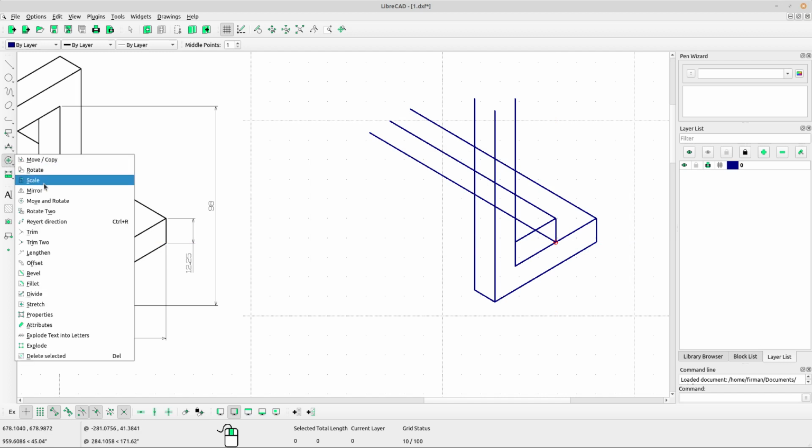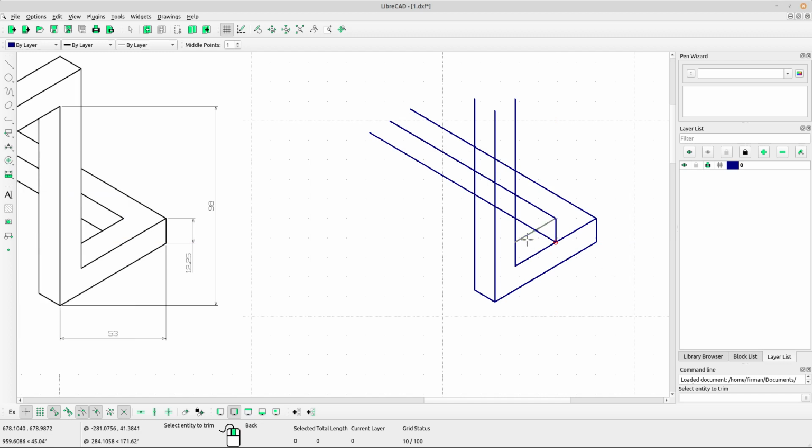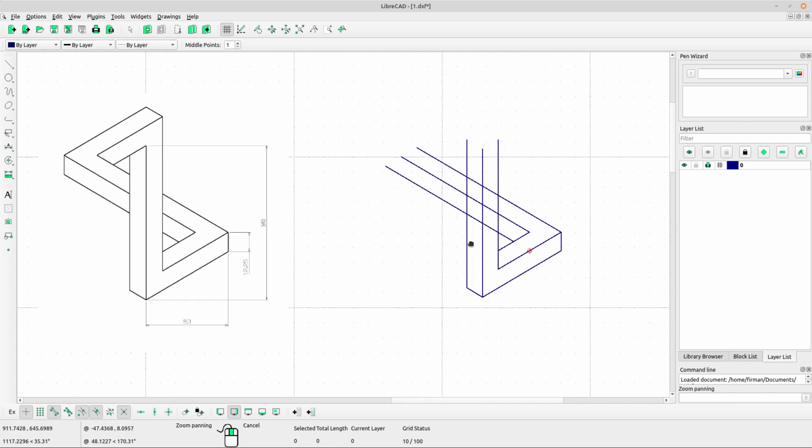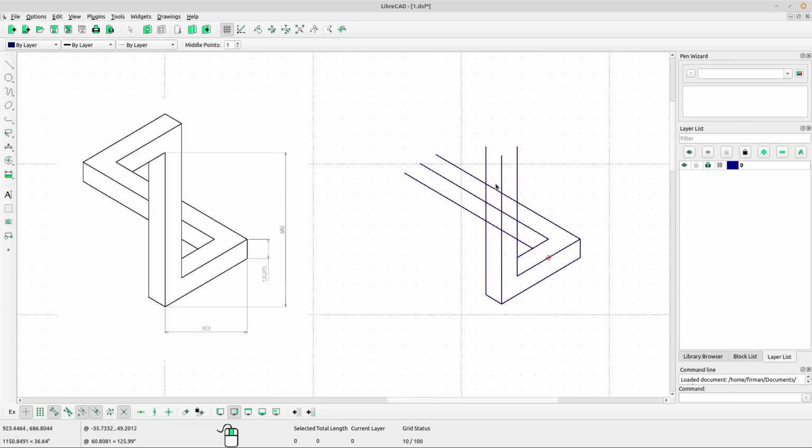Now select trim line, left click and left click at the line you want to trim, right click to escape, right click again. Now delete this one and okay. Okay, next